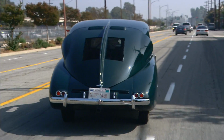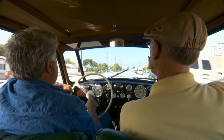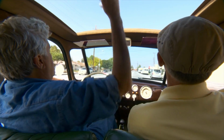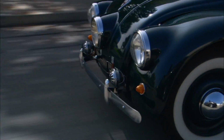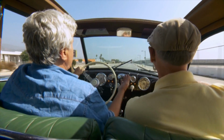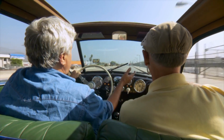Yeah, this is a nice car. A lot of headroom, very comfortable car. Oh, yeah, and if you need more headroom, you got a ton of headroom up there. It doesn't feel terribly fast, but it does feel modern. And you can drive it as a regular car. It's not one of those...